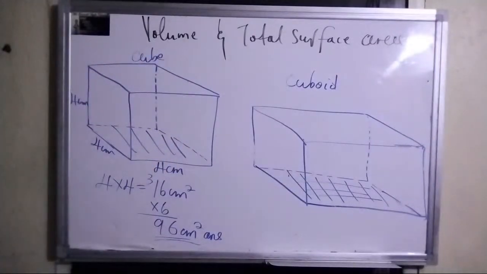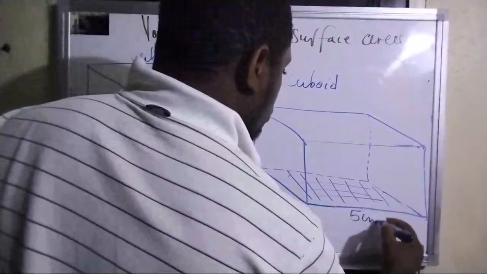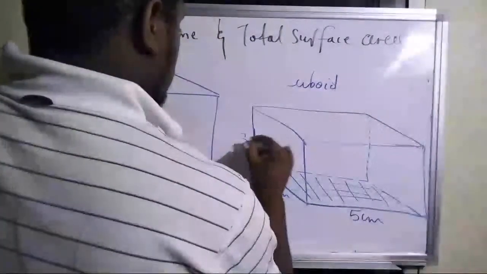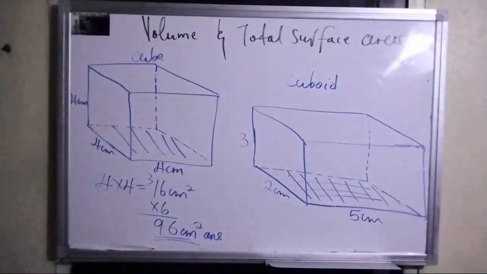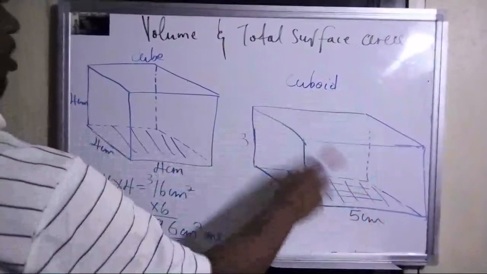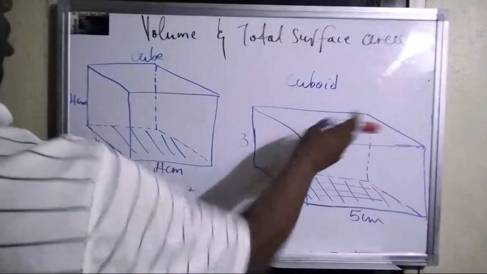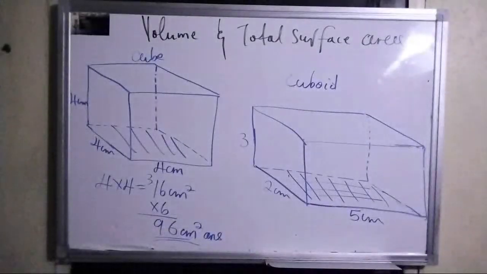Alright, let's look at the cuboid. I'm going to use some small numbers just so we can be on the same page. Alright, so we have a dimension of 5 by 3 by 2. Now this can be a little bit tricky, guys. I have a little shortcut, but before we do the shortcut, I'm just going to point out the 6 faces. Think about a box, right? The front and the back would have the same dimension. The sides would have the same dimension, and the base and the top would have the same dimension. So if we put in some numbers in this,